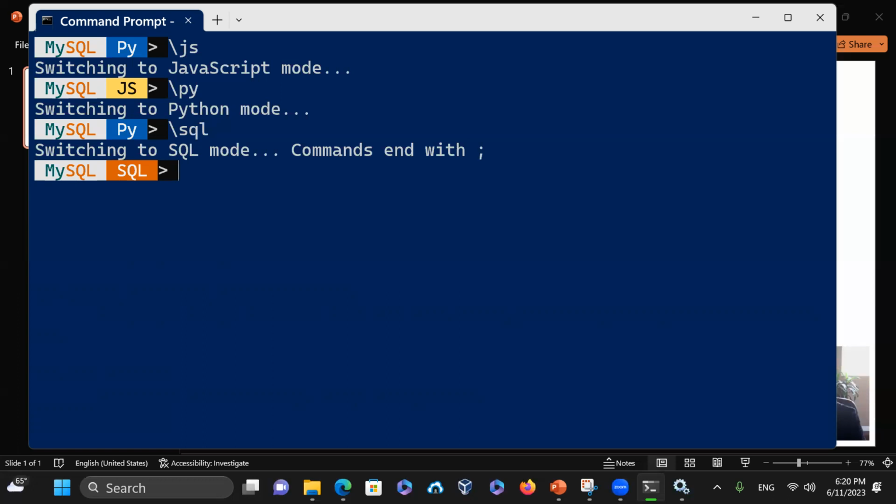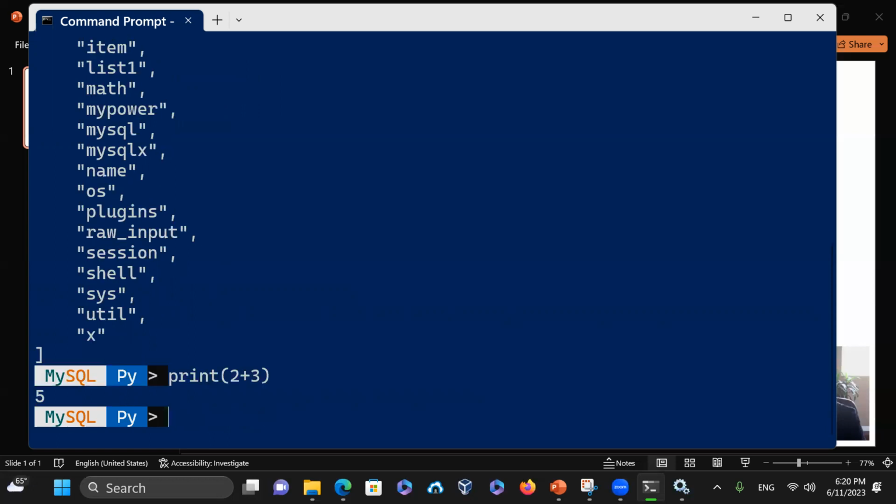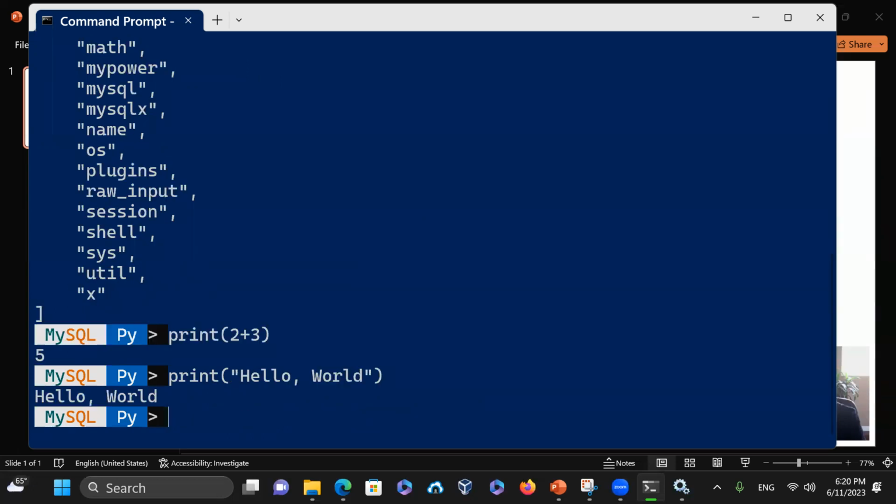And then if you want to go back to Python, you do this. And when you're in Python, normally everything that you do in Python, every statement works like that: 2 plus 3, and then print hello world. So if I just write a function called def say_hello,